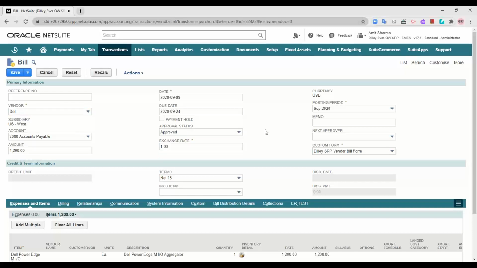Now, in the flow that I had described for payments, there is an option of payment hold. How does payment hold actually work? Let's say in the terms of the payment, or in the terms of the dealings between the vendor and your organization, there is a mismatch.